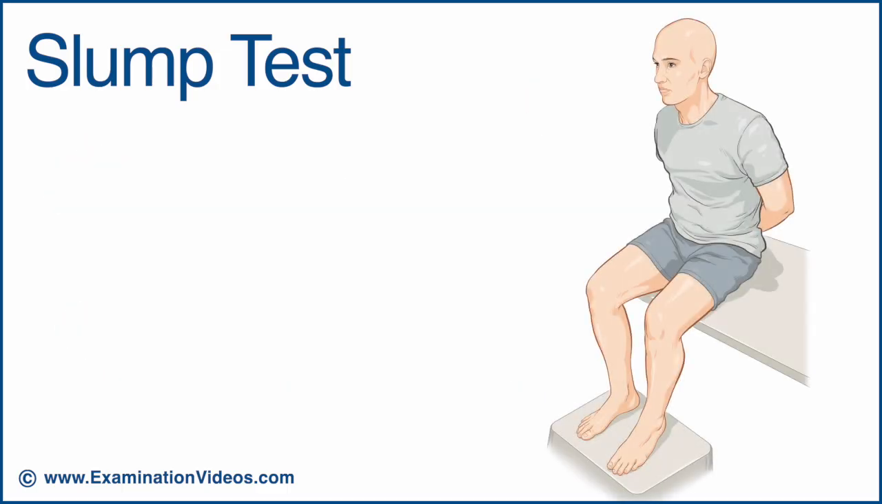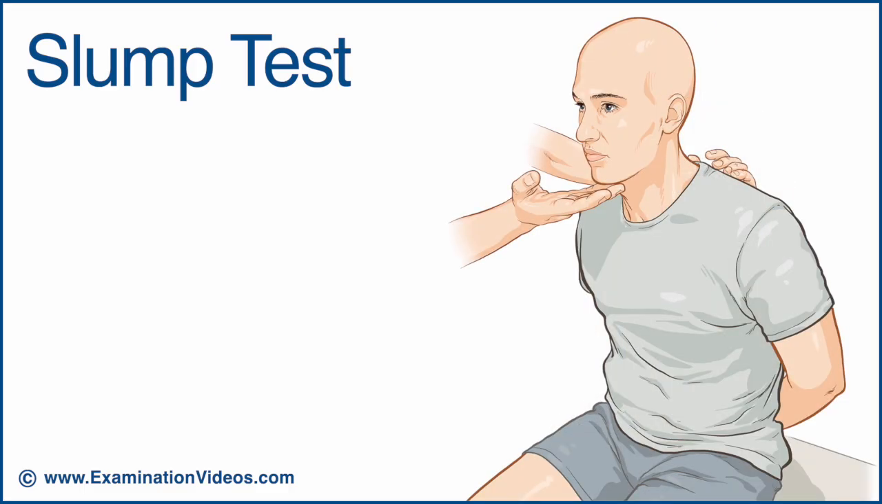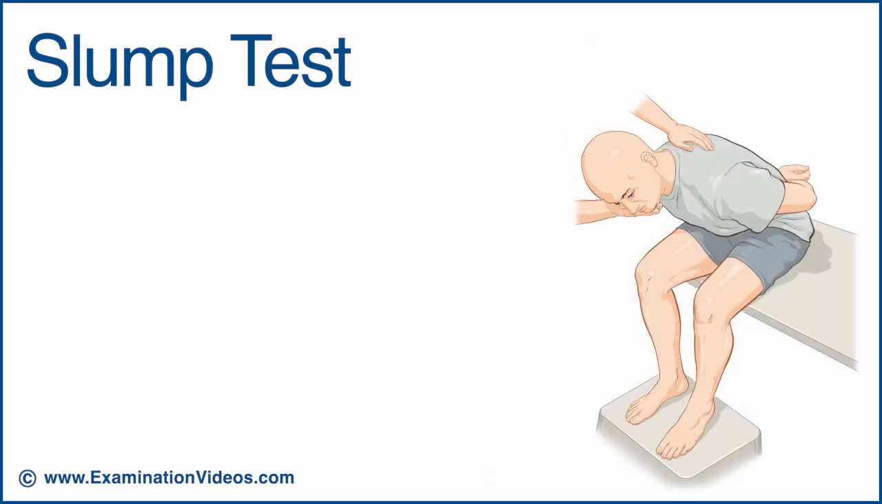To begin the test, the patient sits on the examination table with the hands behind the back. Place one hand on the patient's upper thoracic spine and the other under the patient's chin. Ask the patient to slump forward while you continue to support the patient's chin to keep the neck in a neutral position. If no symptoms are experienced, remove your hand from the chin and ask the patient to bring the